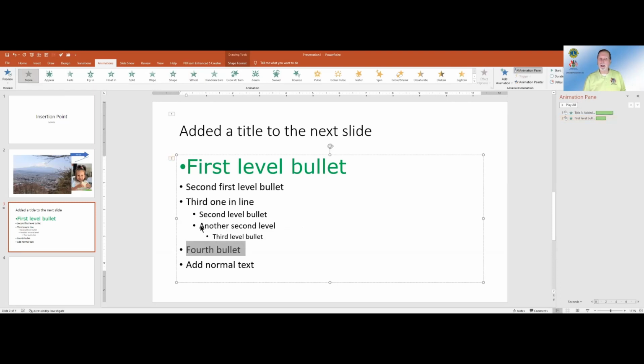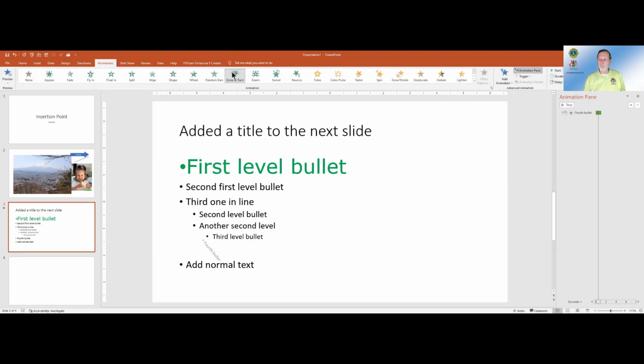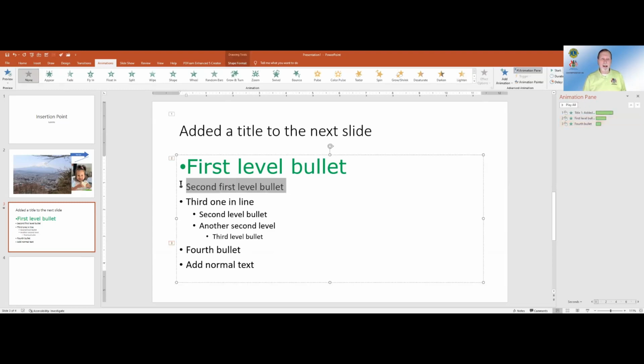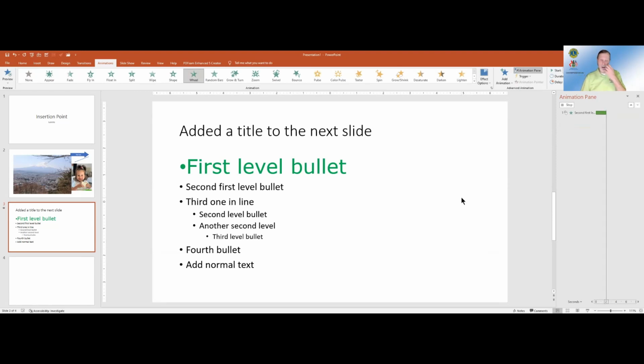Okay, so I'm assigning animation here. Oh, I'm so impressed with myself. And then I assign animation here. And yeah, I assigned the, oh, I already did the wheel, didn't I? Well, all right. And if I change my mind, I want what is now the 4th animation